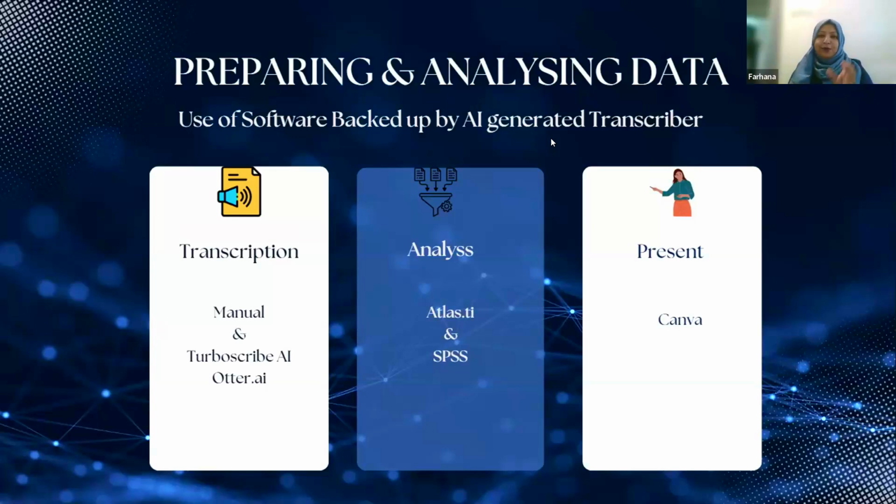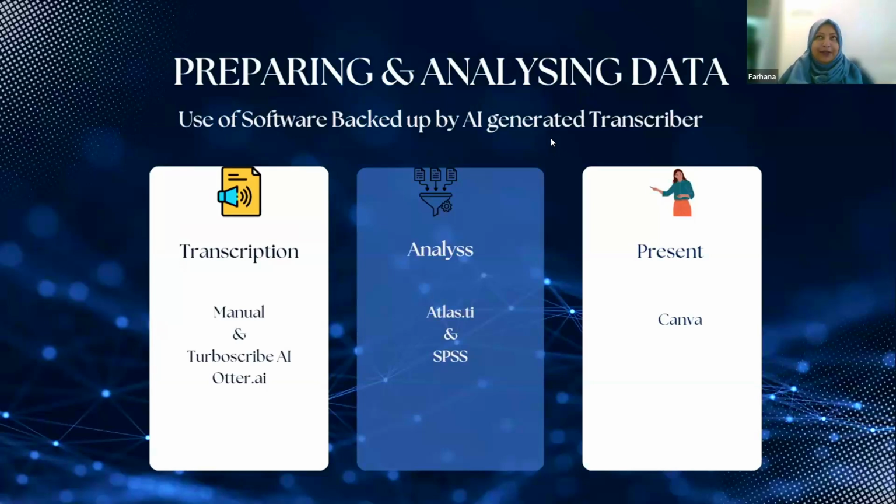Then you upload the file, and they will give you options: from which language to which language you want to translate, and how many speakers there are. Do you want them to indicate that speaker one said this and that? And do you want a summary as well, because of what the entire conversation is bringing you? So that's where I used